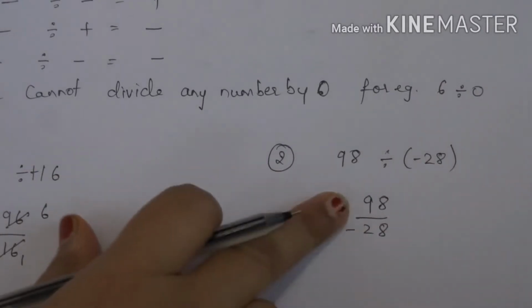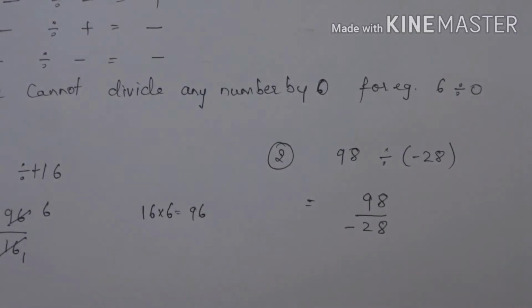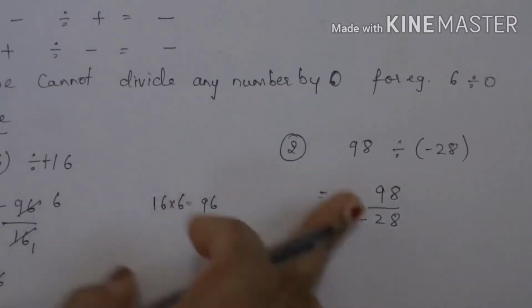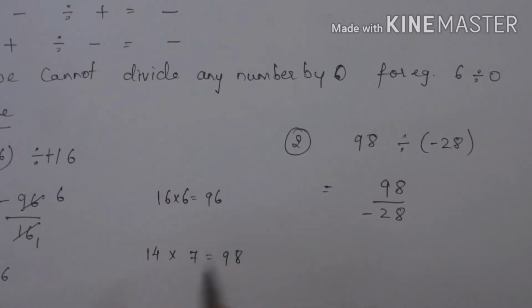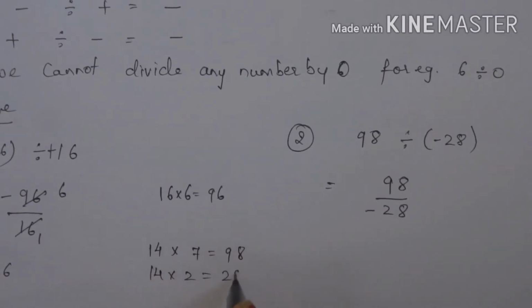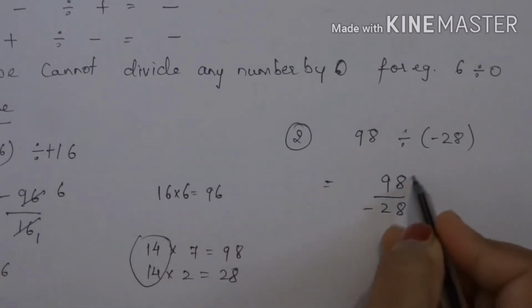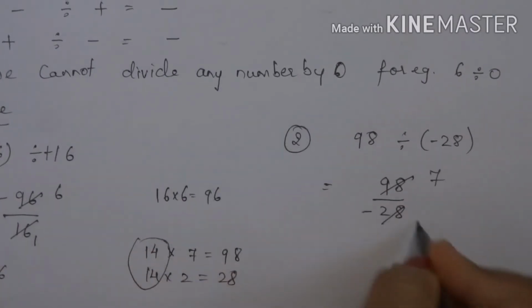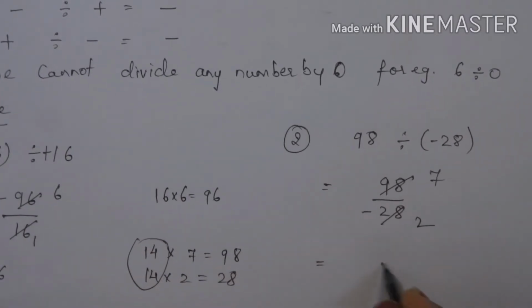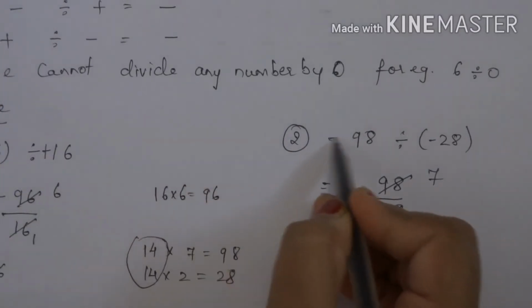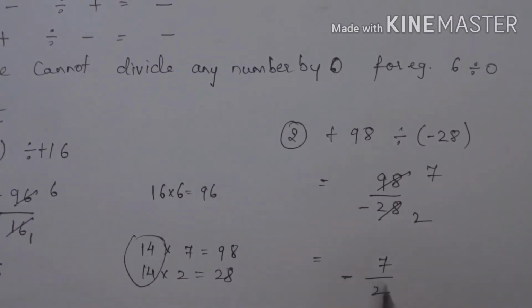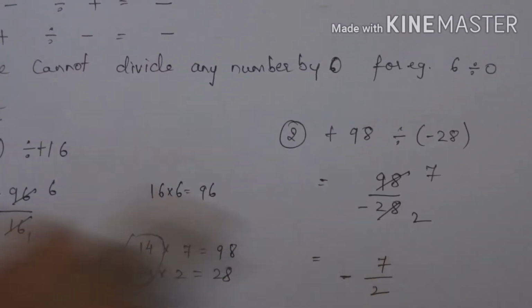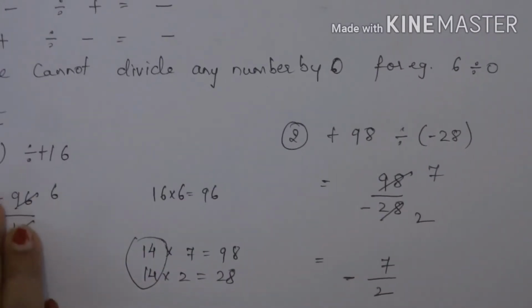Now children, we have to think of both the numbers which come in one table. So children, 98 and 28, both these numbers are coming in 14's table. 14 7s are 98. 14 2s are 28. So which is the same table? 14. So we'll cancel it like this. 14 7s are 98. 14 2s are 28. So your answer is 7 upon 2. Now about sign. Here no sign means it is plus. Plus minus is minus. Minus we can put at the side also like this. So the answer is minus 7 upon 2. Now children, let's move to our third sum.